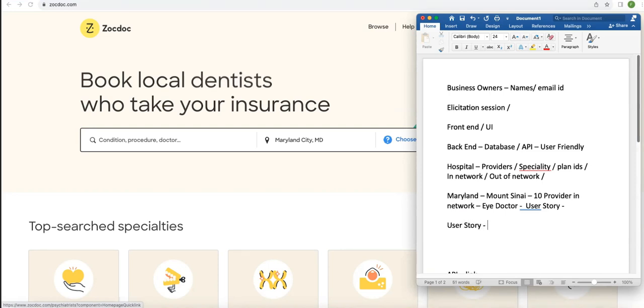As a patient or customer, I don't know what to use over here. Please correct me. As a member? Okay, as a member, I should be able to search providers within Maryland, search a provider in Mount Sinai providers,